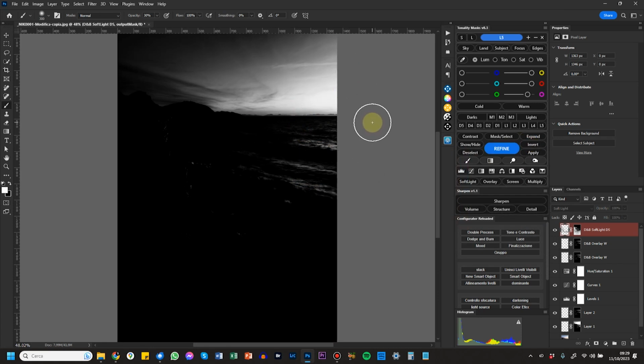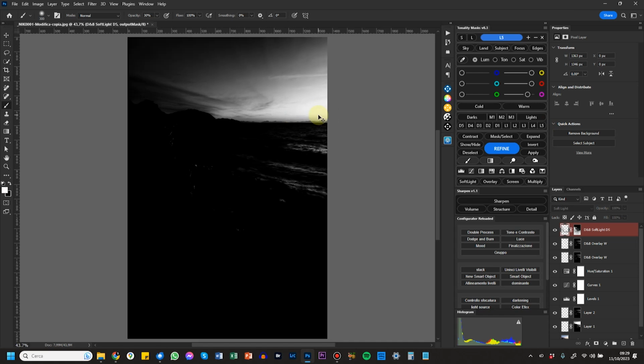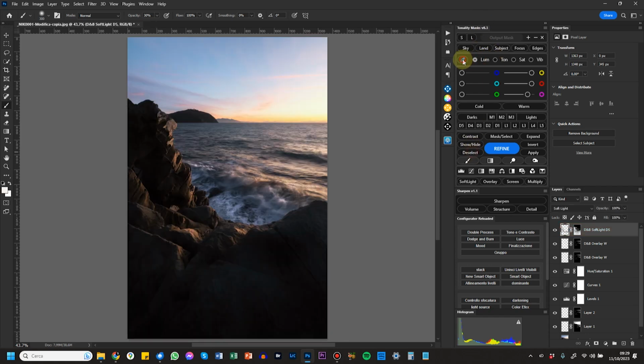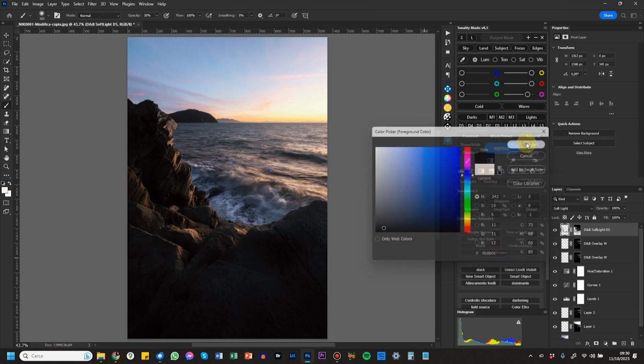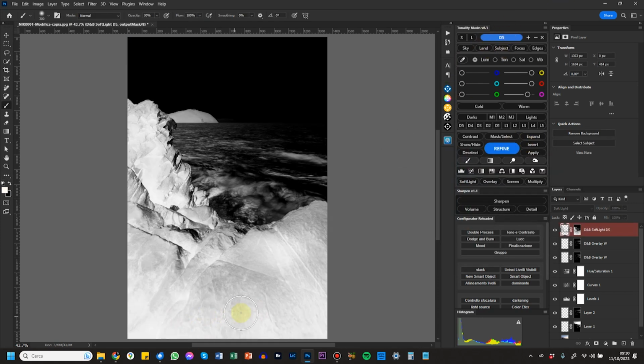Now, what you have to understand is that it just created a Light 5 mask. It's not different. If I went to my Light 5 mask, I had the same exact selection. That's why this picker here doesn't invent any mask that is not in the panel. It just allows you to choose directly from the image the mask that the panel has to create. For example, if it's set to luminosity again, I pick it here, and of course it's gonna be a Dark 5 because it's very dark tone.